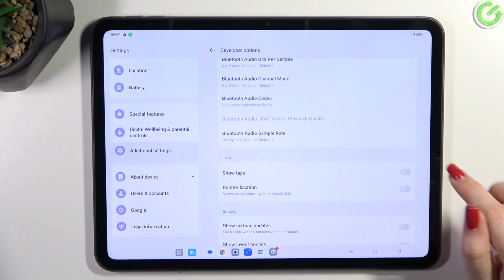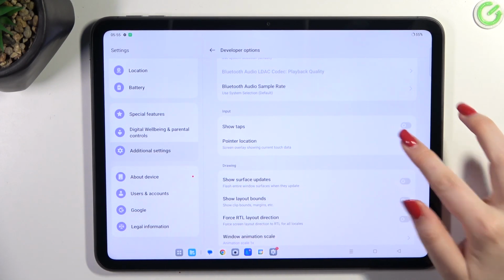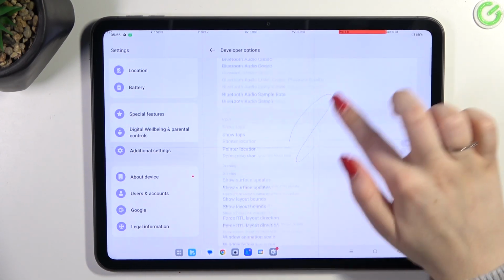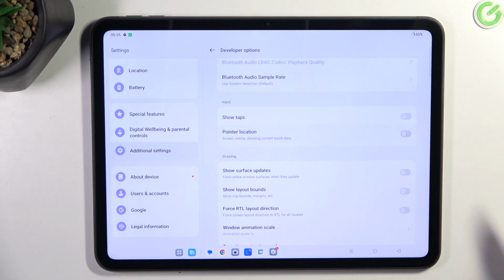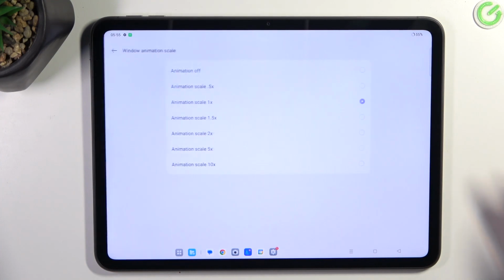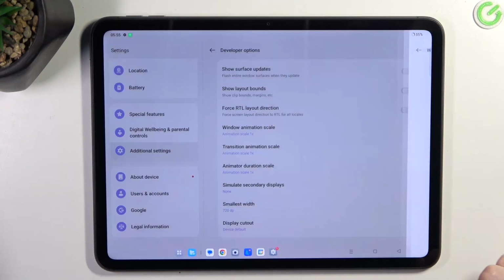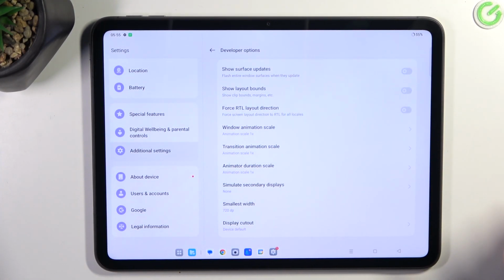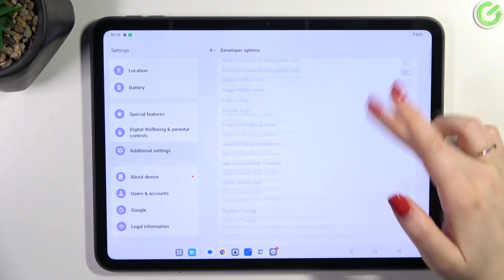If you want to turn on the option, just tap on the switcher. It basically works just like in the regular settings and it will be immediately applied. You can turn it off the same way. If you've got the options without the switcher, like here, just tap on it to open more options to choose from. If you're done with customization of developer options, you can always turn them off just by going to the